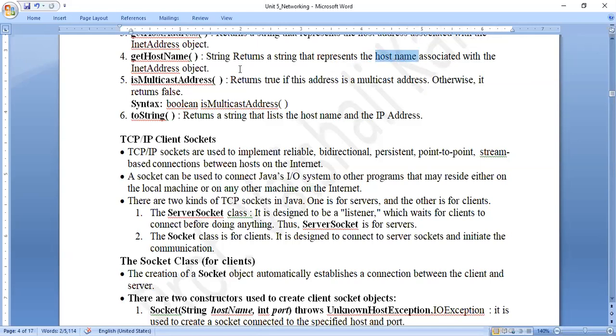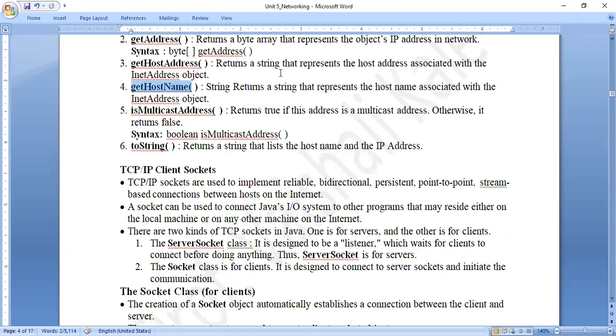As you all know, an InetAddress object is a combination of name and IP address. If we want to separate only the name, we use the method getHostName. If we want only the IP address, we may use either getAddress or getHostAddress. Clear? In our journal program, we have made use of these methods. I will show you that after this explanation.